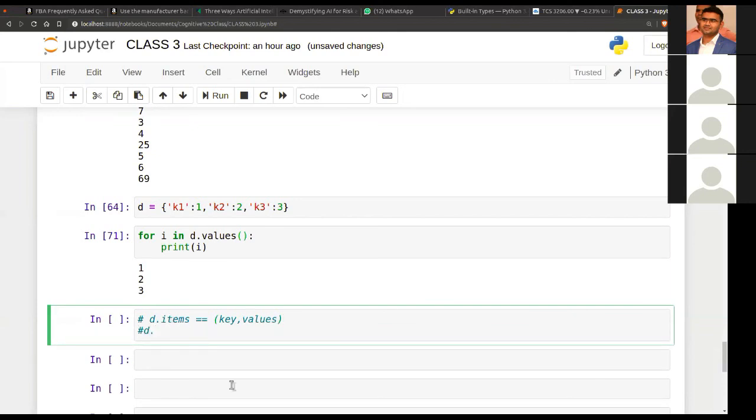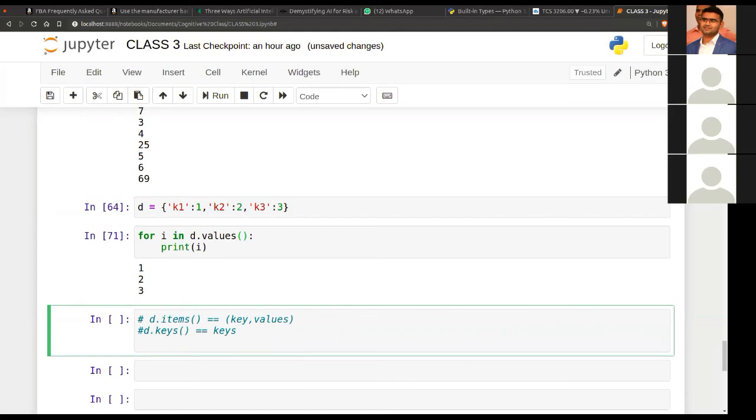D dot keys for just keys, and D dot values for accessing values, right?